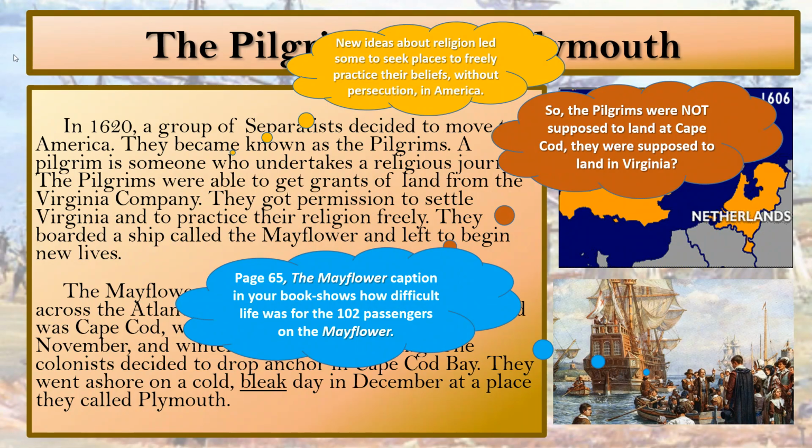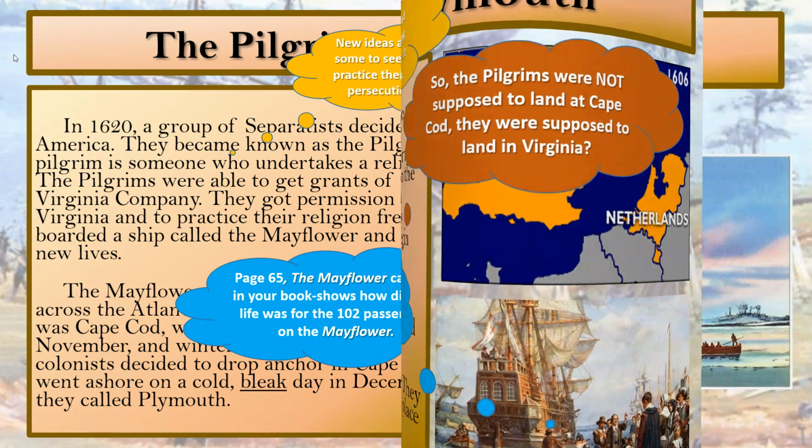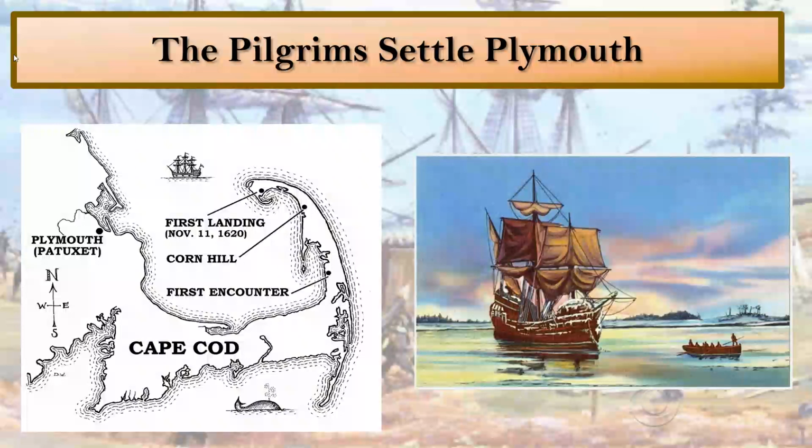The helmsman moved the lever called the whipstaff, which moved the rudder and steered the ship. It gives you a great idea of what the ship was like, and it was tight. I mean, they wanted to get off the ship when they got to the Americas. They did not want to stay on it. It was tight on the ship. But I do love that picture on 65. It is fantastic. So, hey, what went wrong here?